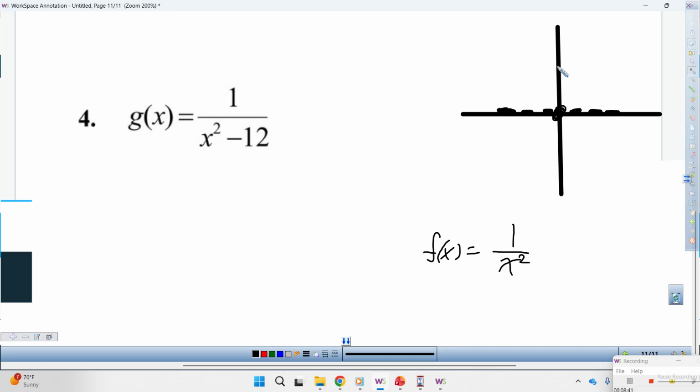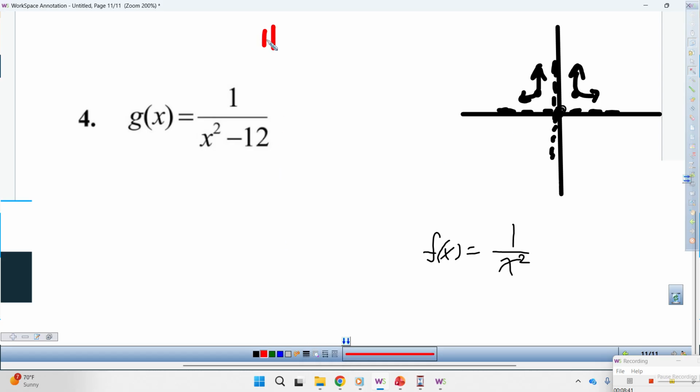Here's my HA. My VA, focus. Here's one part of the graph. Here's another part of the graph. All right. Next,